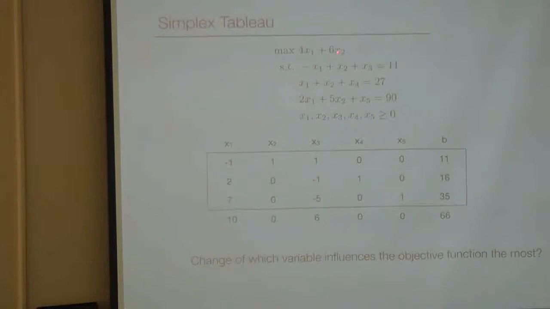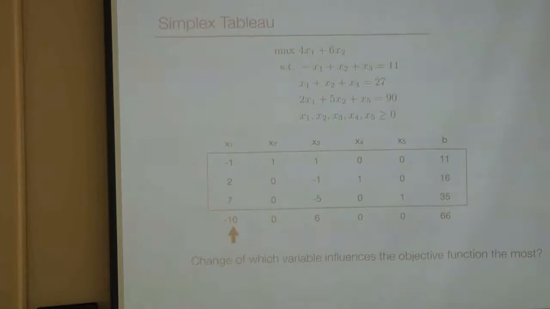Clearly x1, because x3 is not even included in the objective function, right? So we will increase x1. The question is, increasing x1 can violate constraints. Which constraint will be violated first by increasing x1? Again, the argument was, look at the ratio b divided by the corresponding value and look for the smallest positive